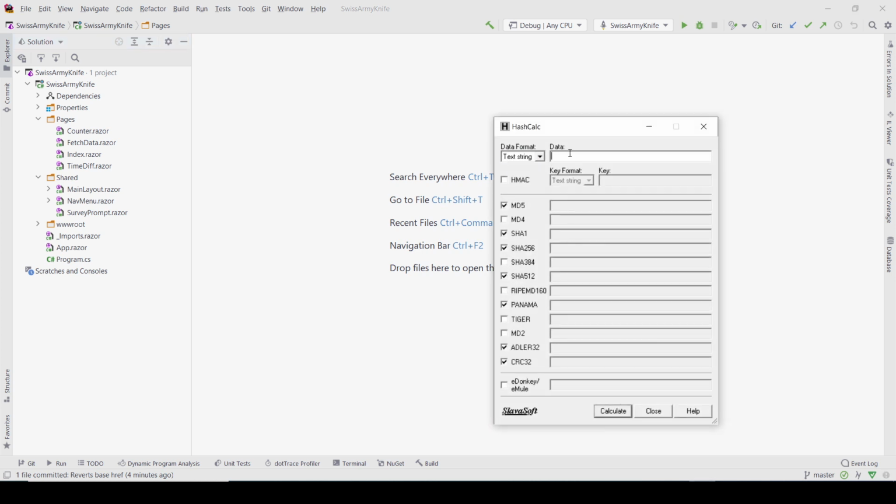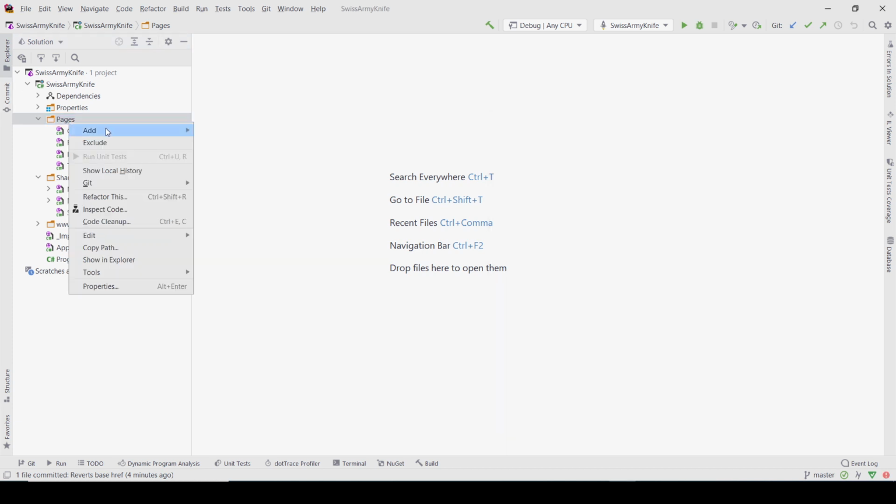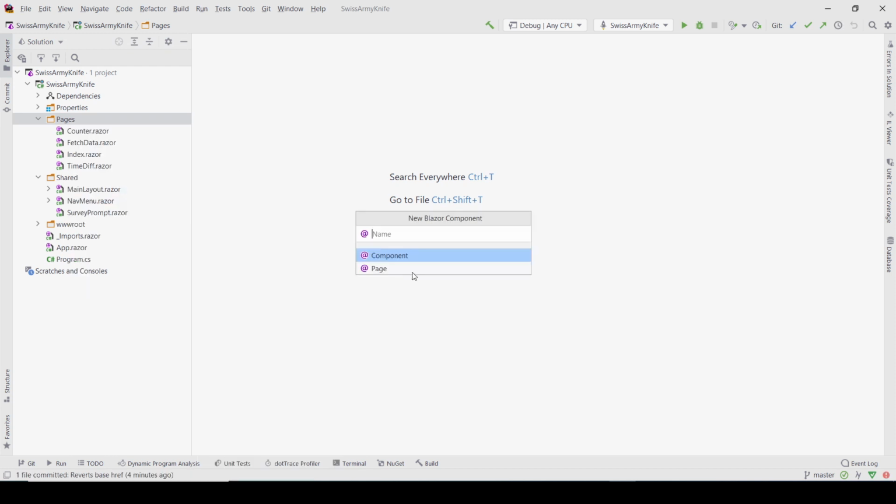I usually use this tool to produce hashes from text. So if I write ABC, then some hashes will be produced here, and I'm going to be doing basically the same in this video. So I'm going to start by adding a page,